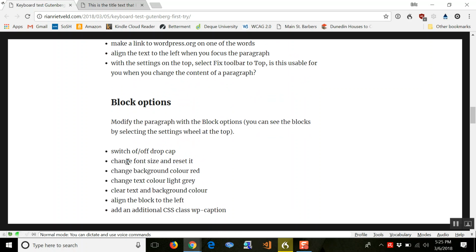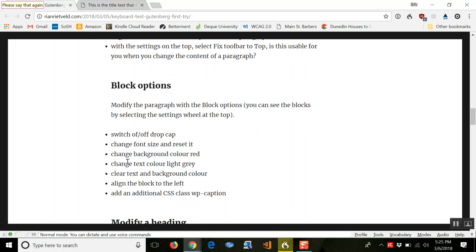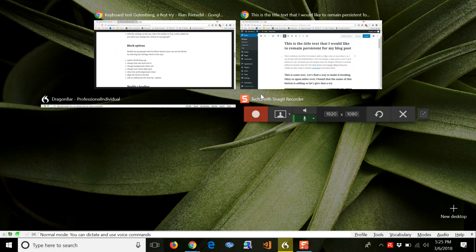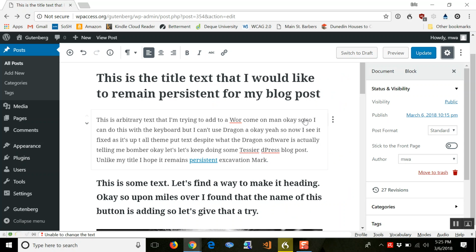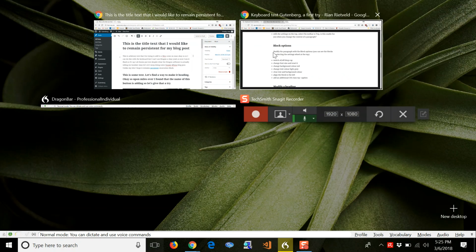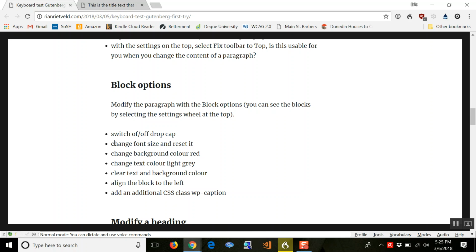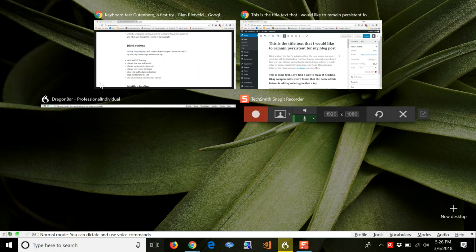Block options. Modify the paragraph with the block options. You can use the settings wheel at the top. Switch on off drop text. Change the font size and